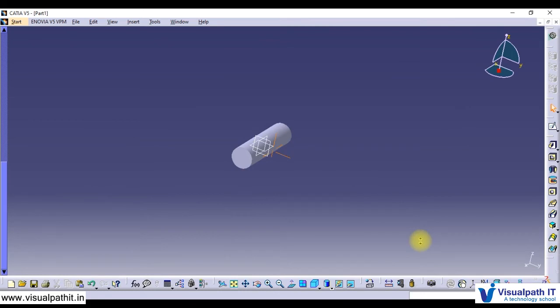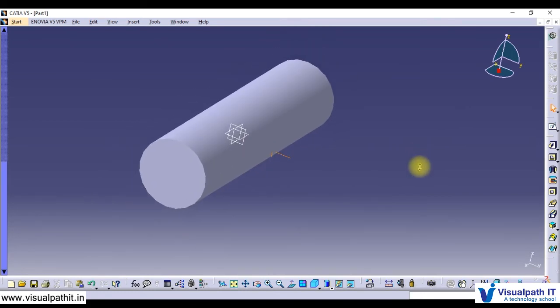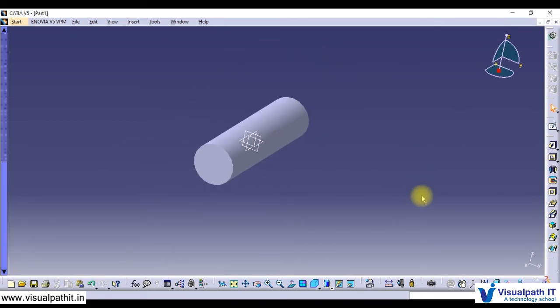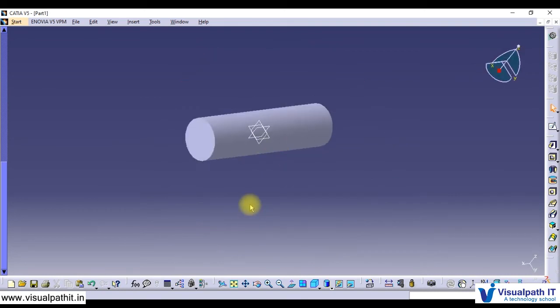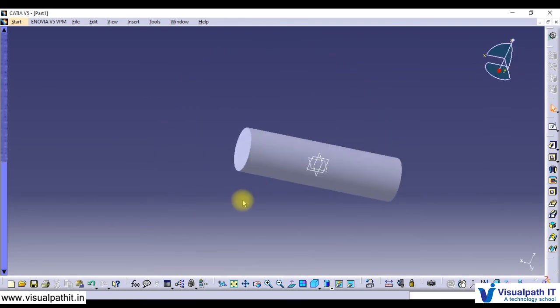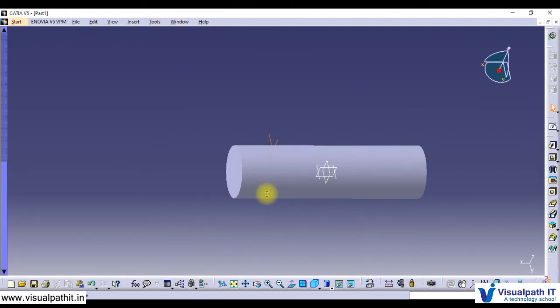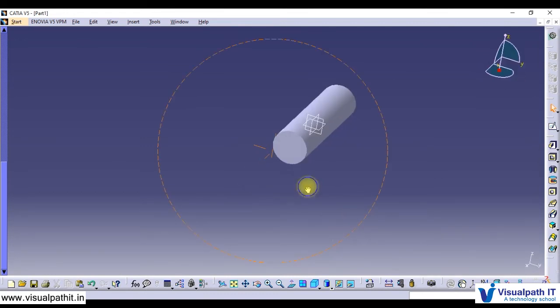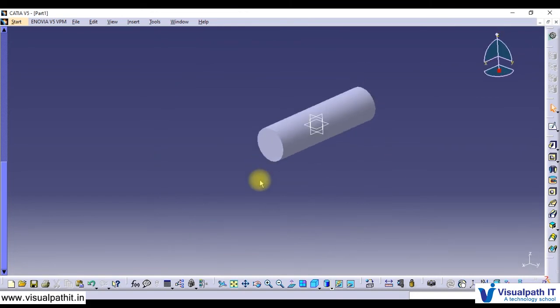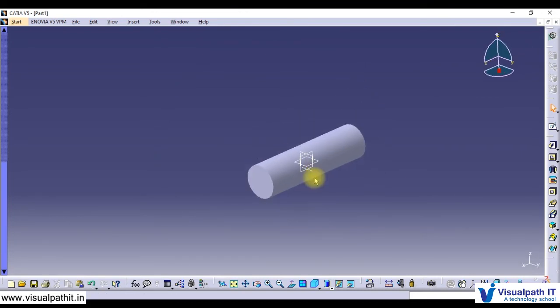like this. If you go up, it is zoom in. If you move down, it is zoom out. Okay, if you want to rotate, have your middle button and right button clicked, have both the buttons pressed, and you rotate, and it will rotate like this. So these are the basic commands that you use to move your object.